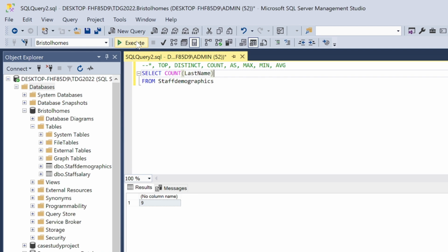If for any reason someone's last name is missing in this column, it will return 8 or 7 or 6, depending on how many missing or null values are present in the column. So if an entire column is null, I will get 0 as the output or the return. If you take a look at the result column,